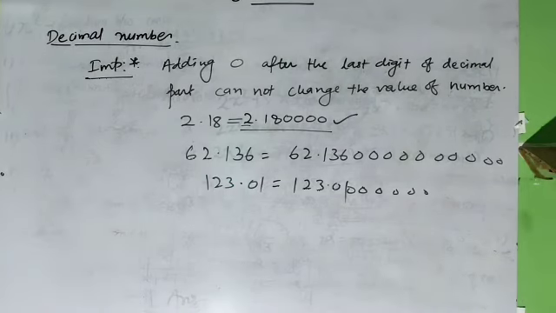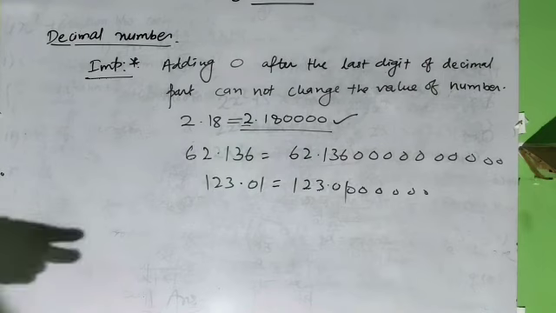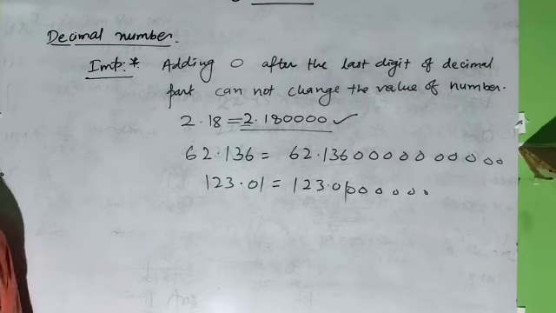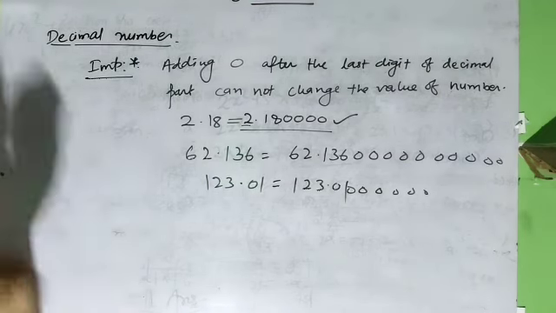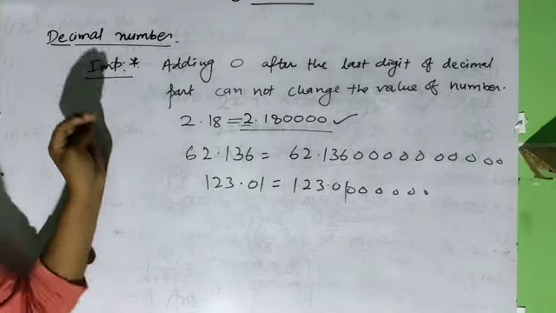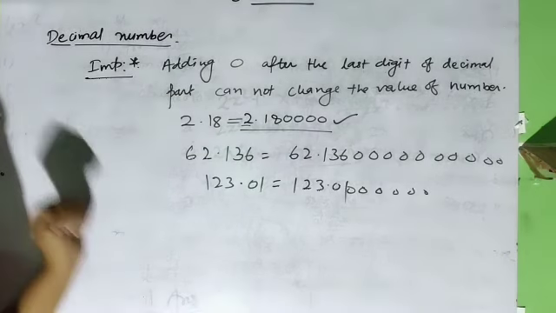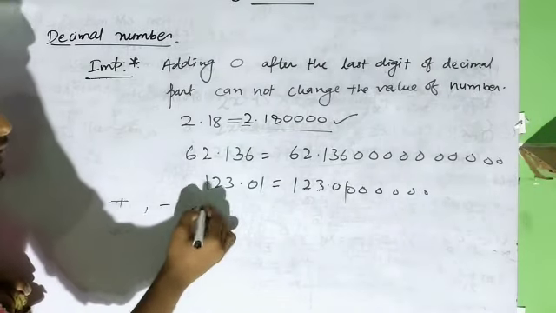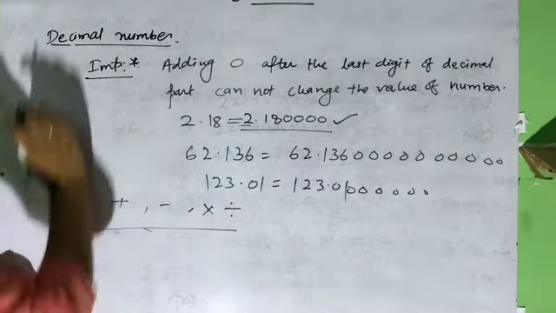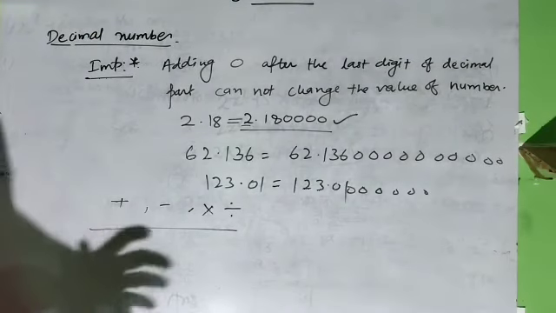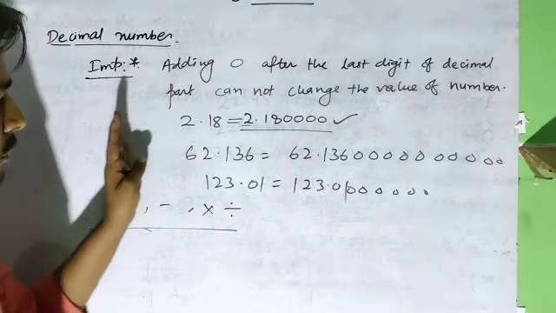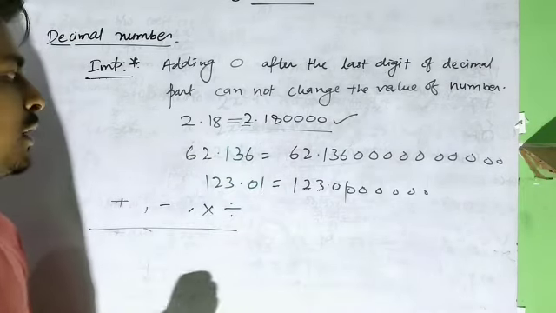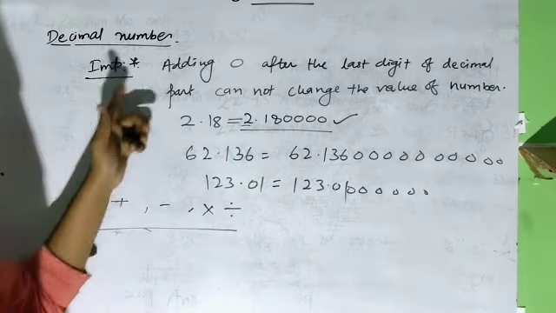Note it. After that we will move towards the operations of decimal numbers: addition, subtraction, multiplication and division. So this will be for today, all the definitions and key points. So learn these definitions. Tomorrow we will start from the operations, addition, subtraction, multiplication and division amongst the decimal numbers. So for today this is done. I hope that you got all the things. If you have any doubt, then just comment in the below section or you can WhatsApp me. So thank you for today.